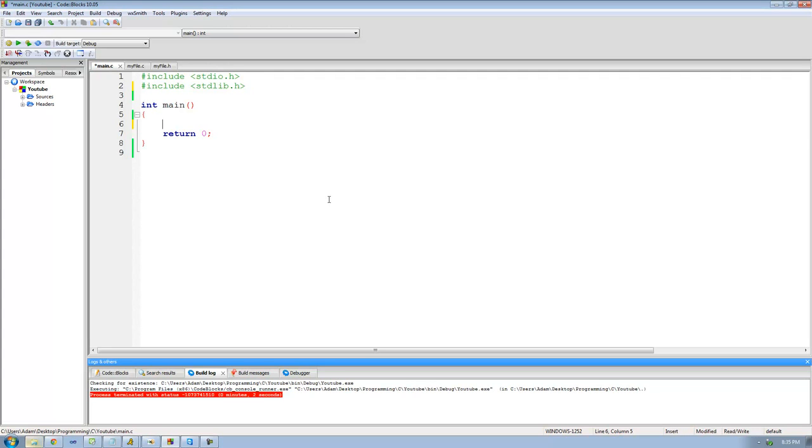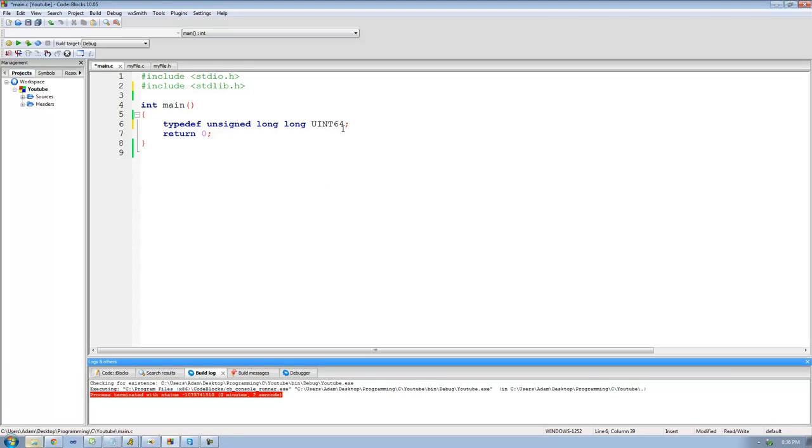So I can just go ahead right here and write out typedef, and then following this I'm going to have to write out the type that I want to create a shorthand name for. And the type that we want to create a shorthand name for is unsigned long long. So I'm just going to write out right here unsigned long long. And then following this I just want to write out the shorthand name, and instead of writing out unsigned long long every time I want to write out